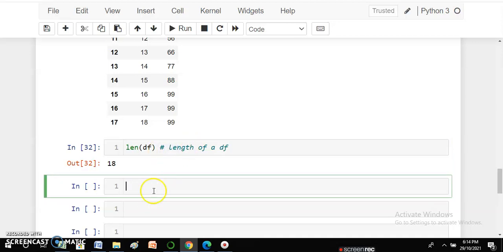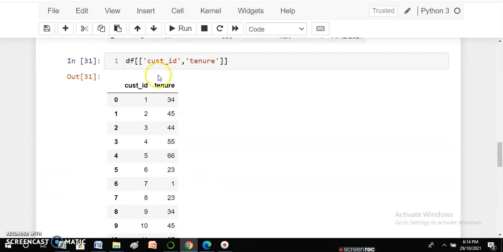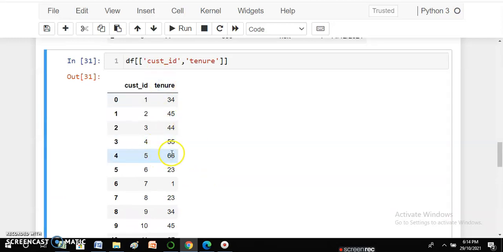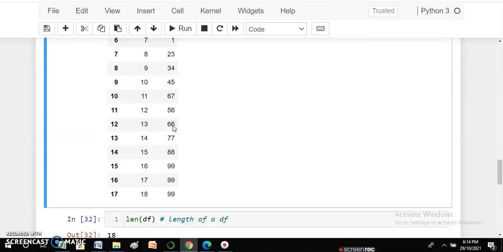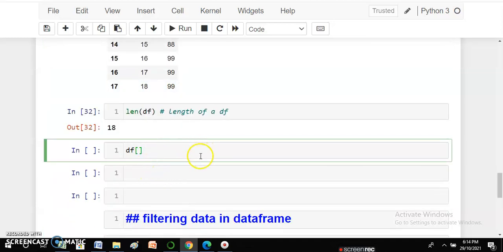Now suppose I want a list of values where my tenure is equal to, let's say, 66. I want the records of those particular customers where the tenure is 66. How will I go about it? Definitely I'll apply a filter condition over here.